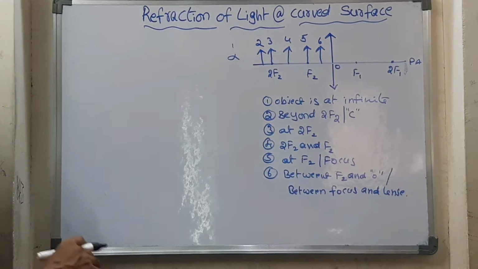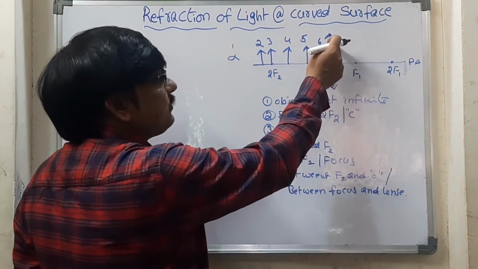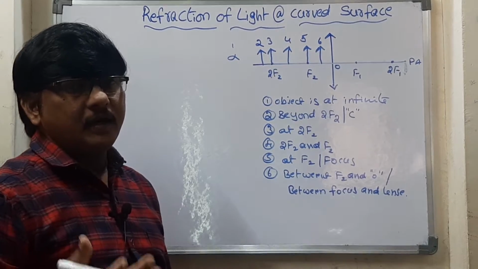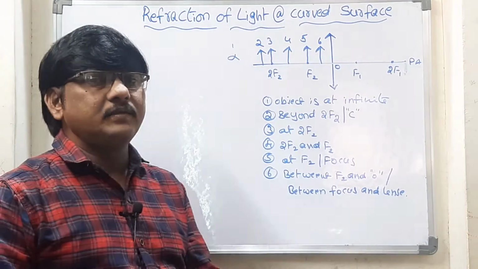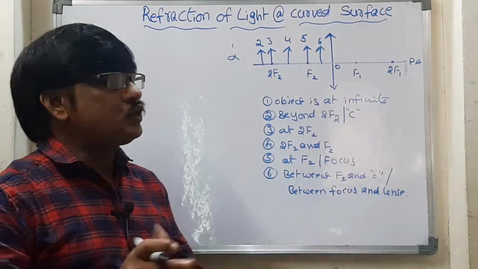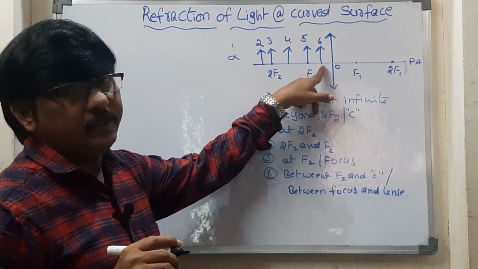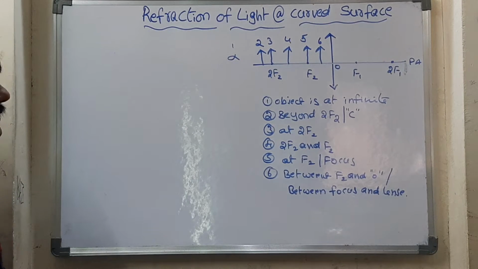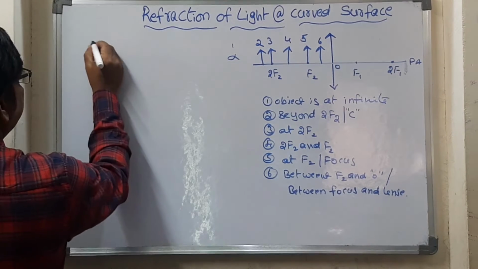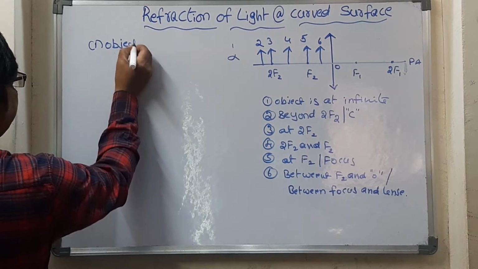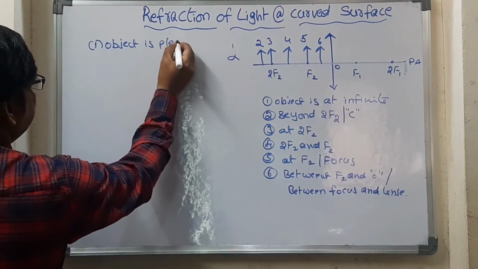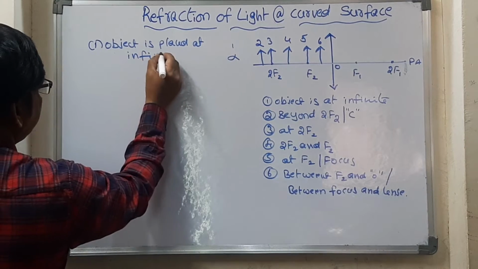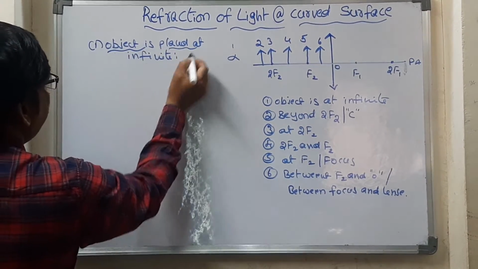So these are the situations. And then one more situation: is it possible to take a situation on the lens? On the lens means the rays cannot pass. If the object itself is on the lens, then how can the rays be formed? Rays cannot be formed, so that will be restricted till here only. Got it? Now let us see all these situations, these are the situations we are going to discuss. The first one is the object placed at infinity. So here the object is placed at infinite distance.